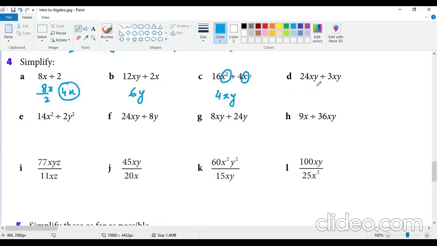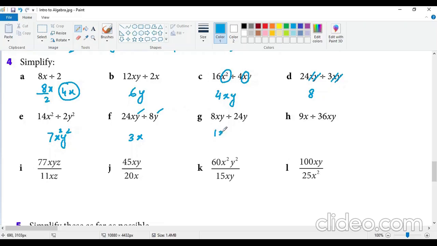3 times 8 is a 24, and x is going to be cancelled with x, and y is going to be cancelled with y. So you will have only 8 as an answer. This gives you a 7 x y x square y square is going to be your answer. In here you have 3x only because y is going to be cancelled with y. In here you have 1x